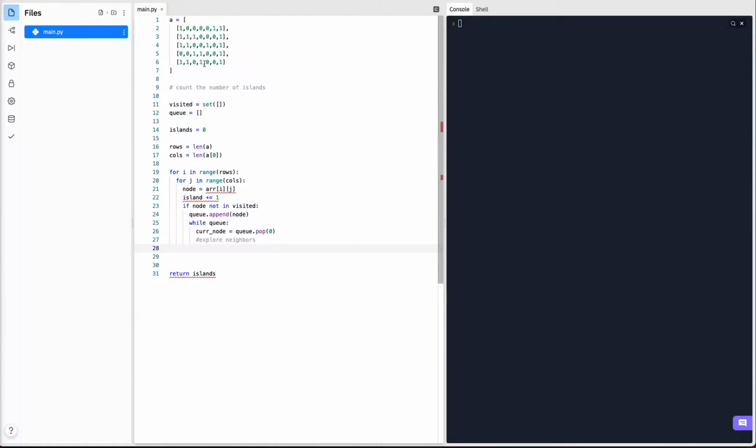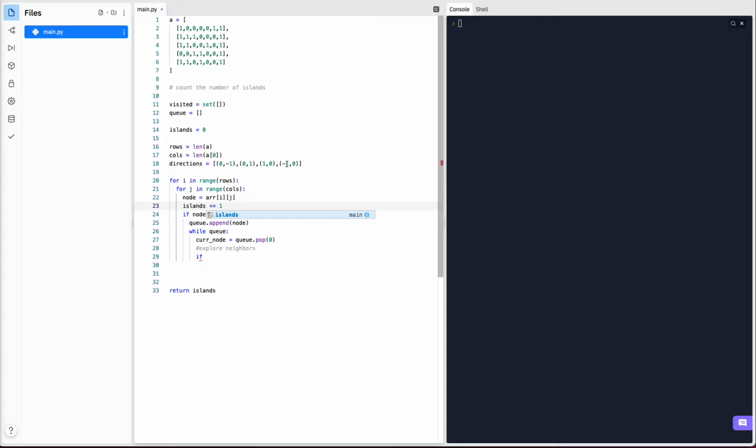So who are its neighbors? If you go left, right, down, and then up. And then how do we deal with these boundary conditions elegantly? Can't really deal with it elegantly, but you can say, well, the current coordinates is just going to be, for d in directions,